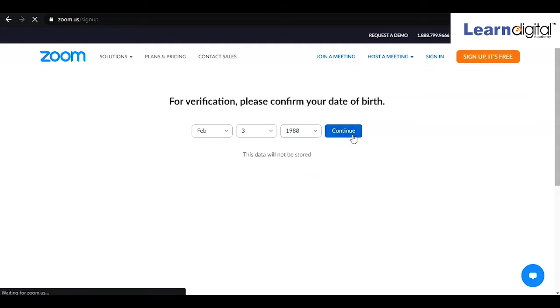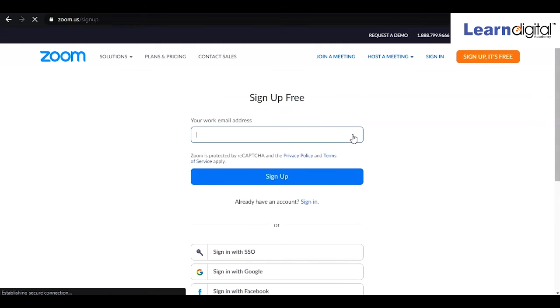Just click on continue, and here you have to type your email address. After that, you'll have to set the password as well. Any random email you can take. Just click on sign up.